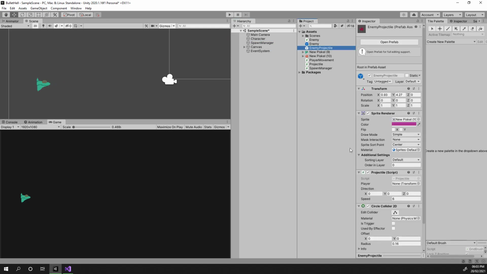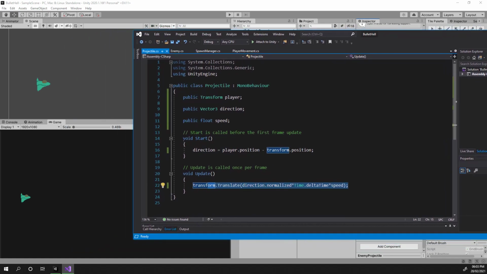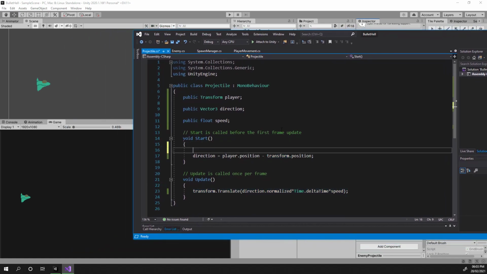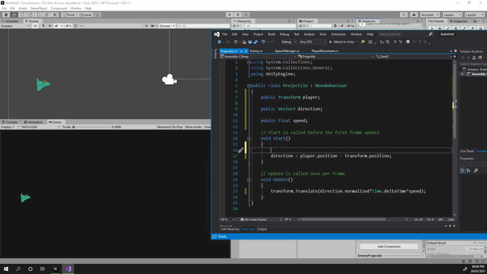So basically, we're going to have to come up with a way in code to give it this information of what player it should be going towards. The easiest and sort of cheaty way of doing that is just to find the player based on this player script whenever we spawn the projectile in. In this case, I'm just going to go ahead and do